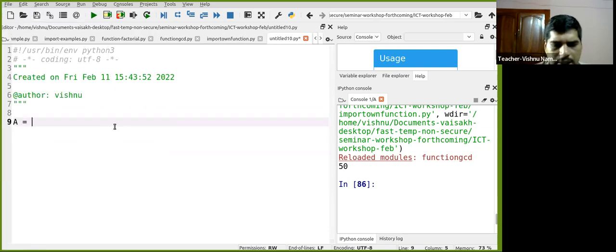Set definition is a natural thing. Just use a set symbol. 1, 2, 3, 4, 5, 5, 5, 6, 6, 7, 7, 7. We know that in a set, if you repeat,